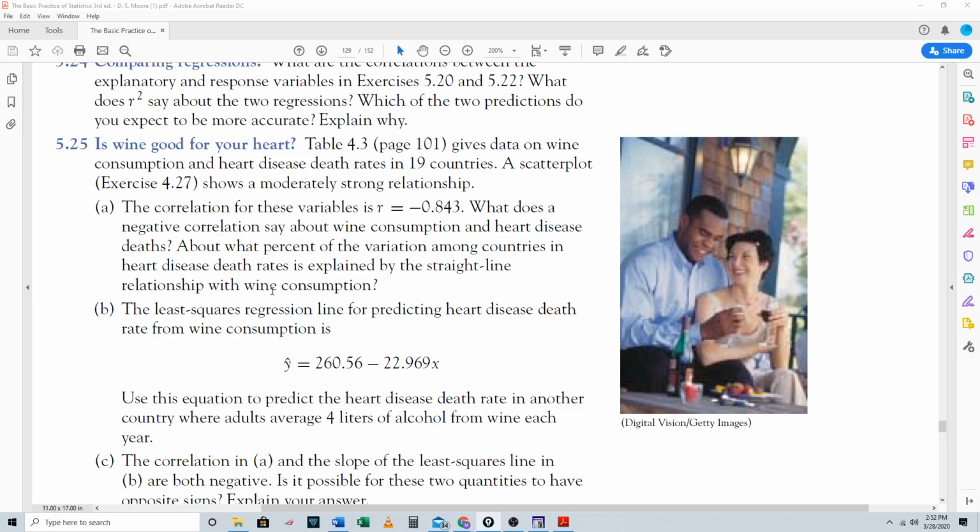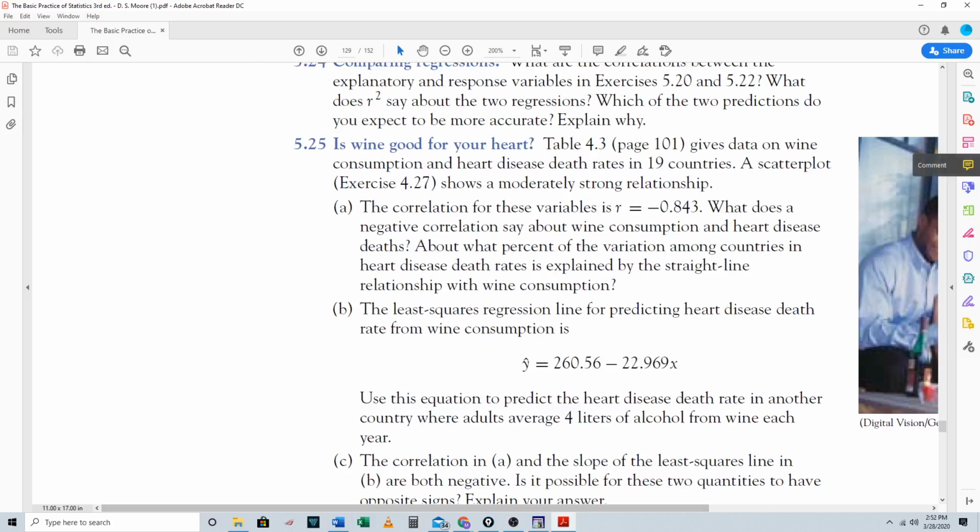Okay. So, part A. Now, part A is saying, what does a negative correlation say about what? You don't even have to do anything yet for part A, just explain what this means. So, what does a negative correlation mean? I'm going to move this over here so I can draw. All right. So, what this correlation means is, so part A, there is a negative